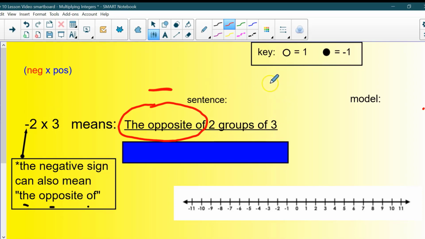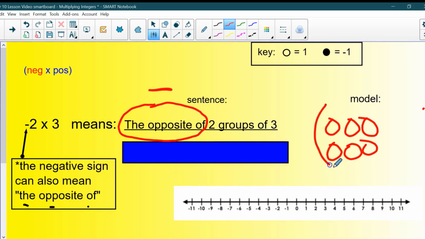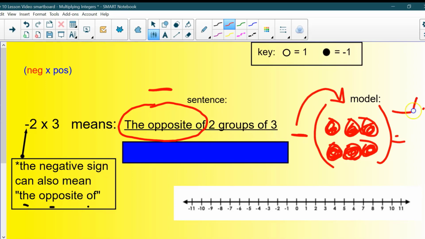Now let's show that with the counters. So again, we want the opposite of 2 groups of 3. Well, what's 2 groups of 3? So here that is, 2 groups of 3. 1 group of 3, 2 groups of 3. But now I want the opposite, right? Our negative symbol, I want the opposite of this. So what would that then become? Negative, right? We change it from positive to negative, so that equals -6. And you may want to put the opposite, okay? And then once you shade it in, you can just kind of get rid of it or put the note